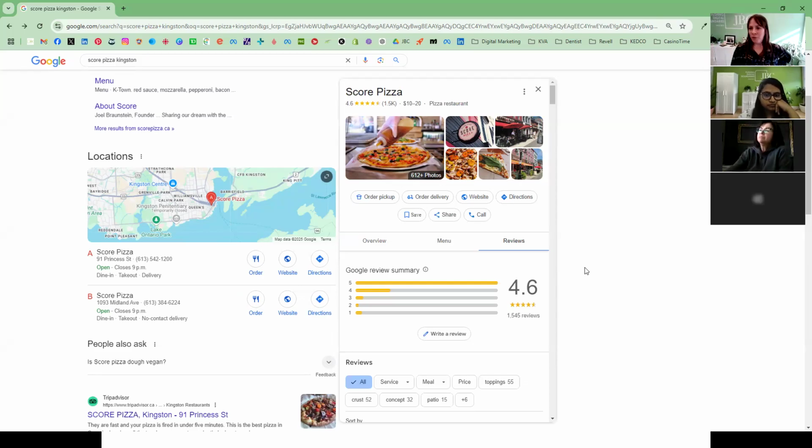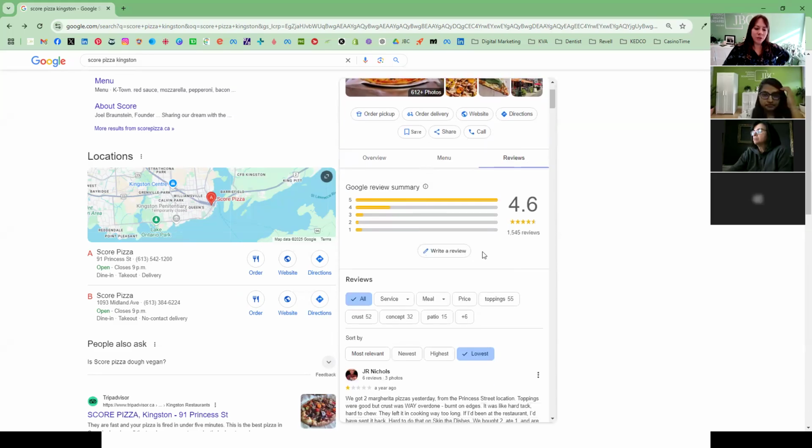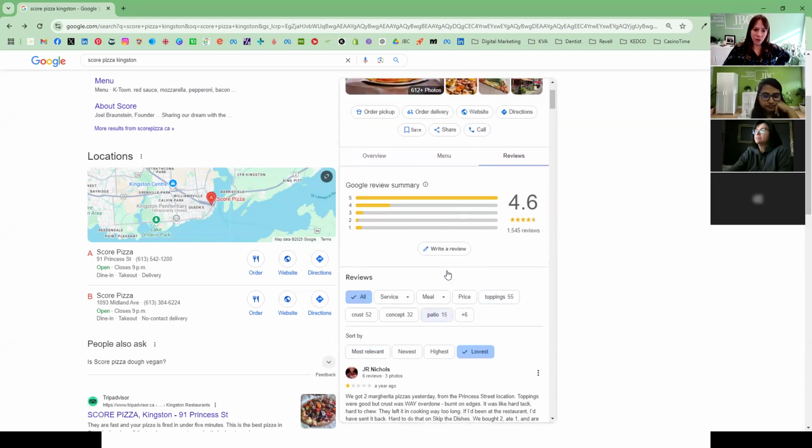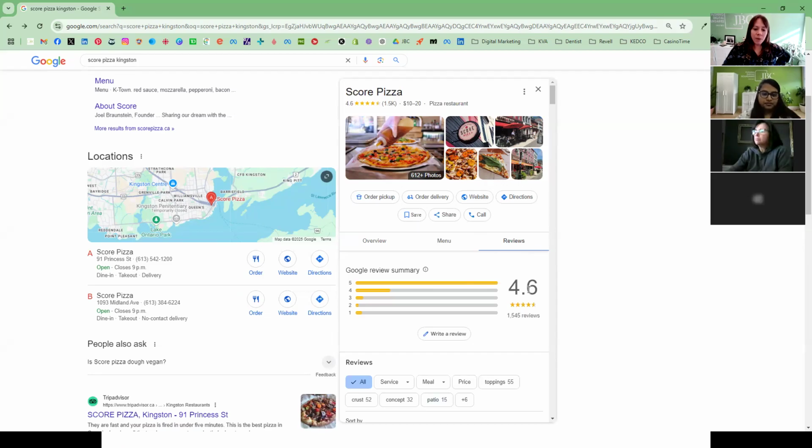But number one, make sure to acknowledge and respond to all of the reviews, whether they're positive or negative. Don't ignore them, but respond to them as if they're standing in front of you. Like, what would you say to that person to remedy the issue or the concern? So for something like this, don't shy away from the reviews. Certainly encourage them. Now, to get reviews,